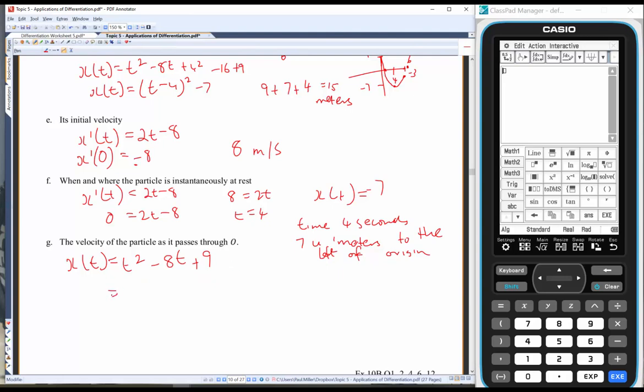So what we're going to do is just slam this into the quadratic formula and say that t is equal to negative b, which is 8, plus or minus the square root of b squared, 64, take 4 times 1 times 9, all over 2. That's going to be t equals